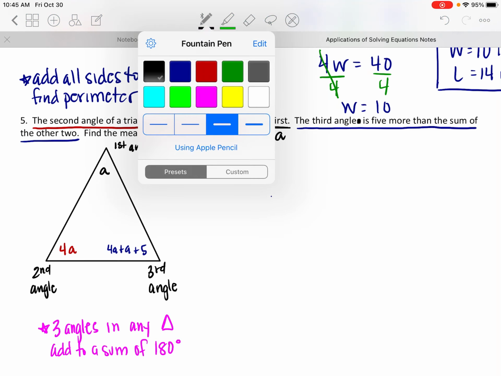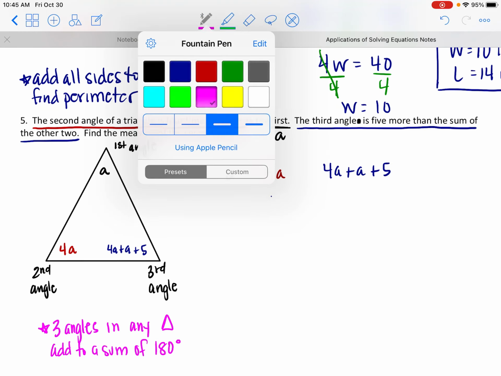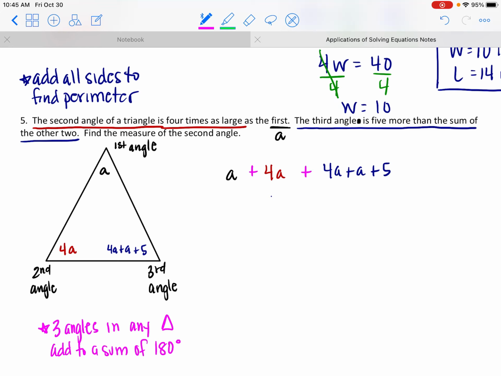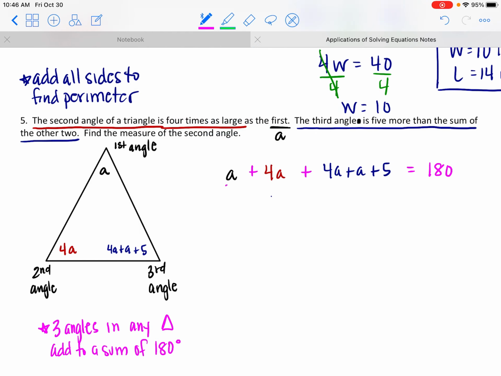So that means I can take my first angle and my second angle and my third angle, 4A plus 5. I can add those together and make them equal a total of 180 degrees, and there's my equation. So obviously we have some simplifying to do. I've got 1A plus 4 more A's, so that's 5 A's, plus 4 more, that's 9, plus 1 more is 10. So I have 10A,